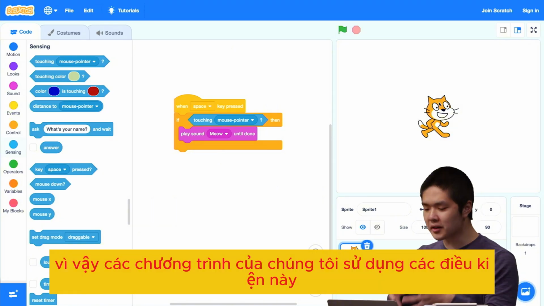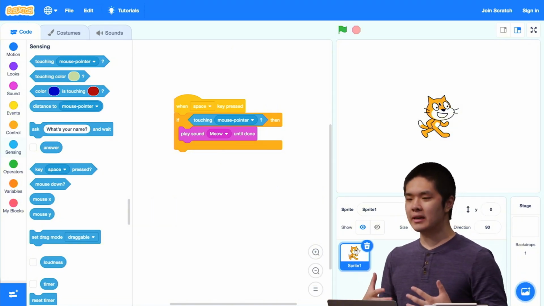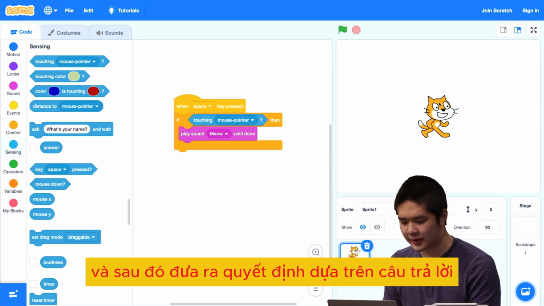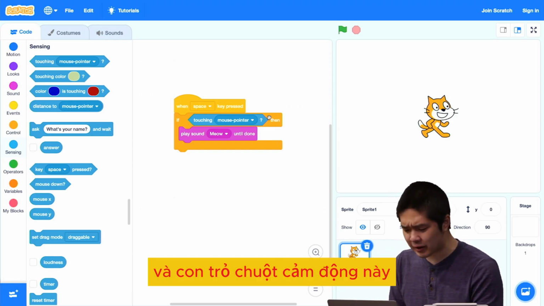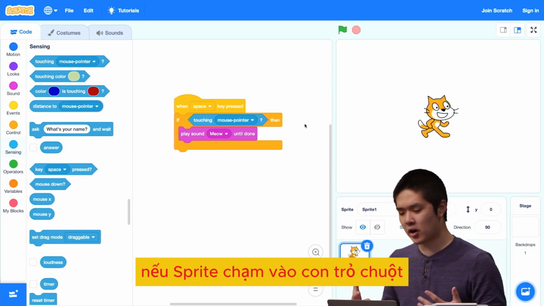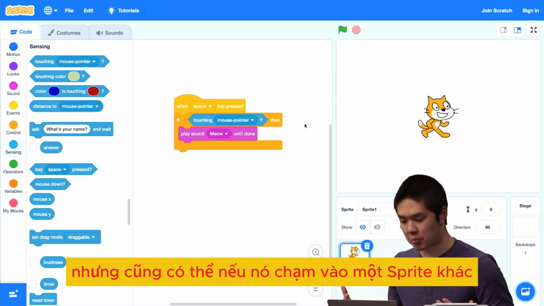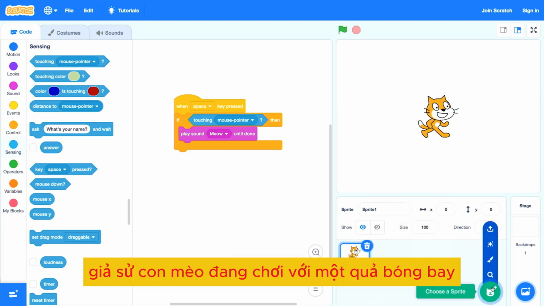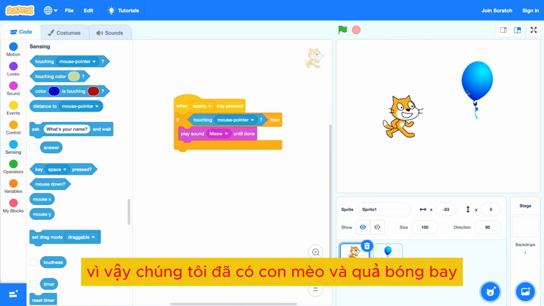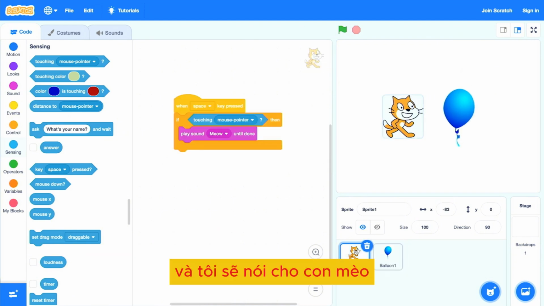So our programs using these conditions now have the ability to make decisions, to ask a question and then make a decision based on the answer. And this touching mouse pointer block can be used to check if the sprite is touching the mouse pointer, but also if it's touching another sprite, for example. Let's say the cat is playing with a balloon. I can drag a balloon out. So we've got the cat and the balloon. And I'll say for the cat